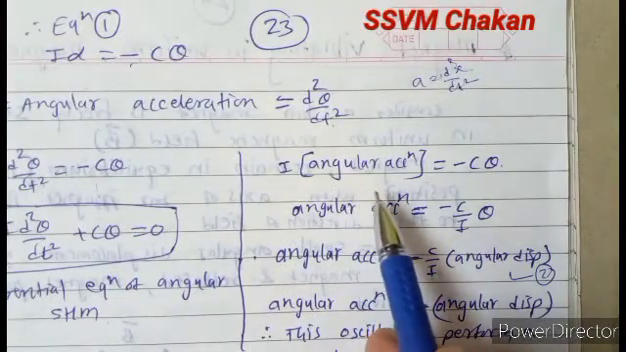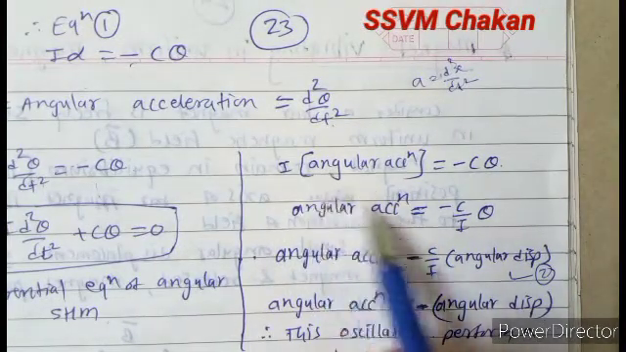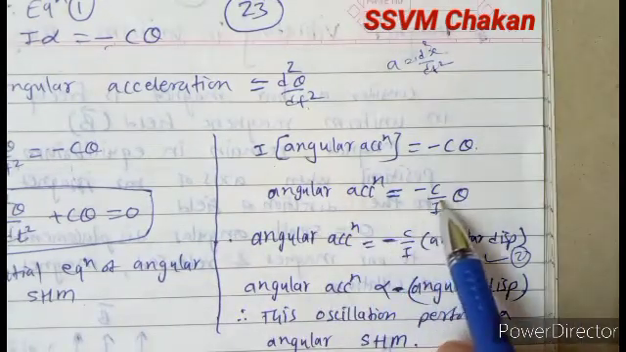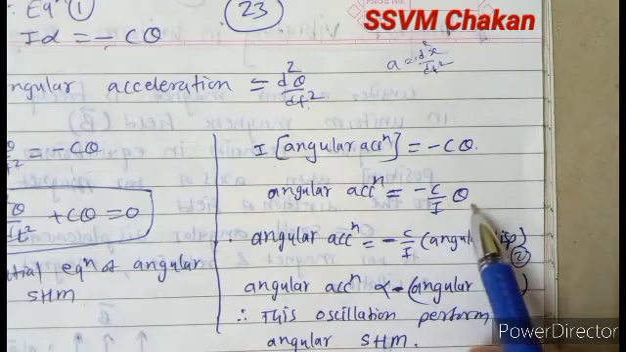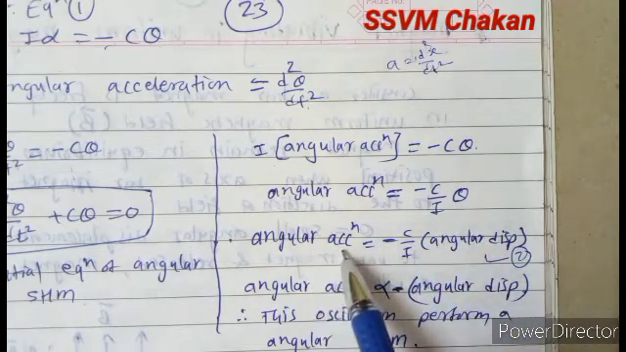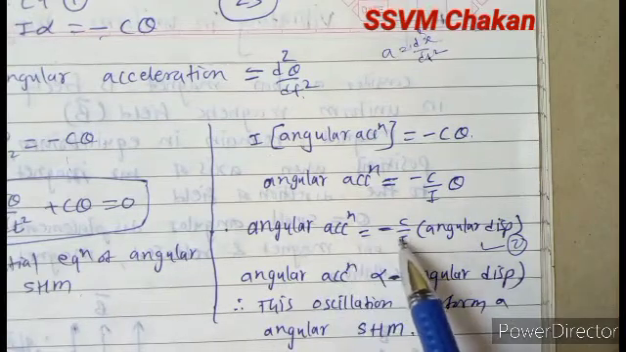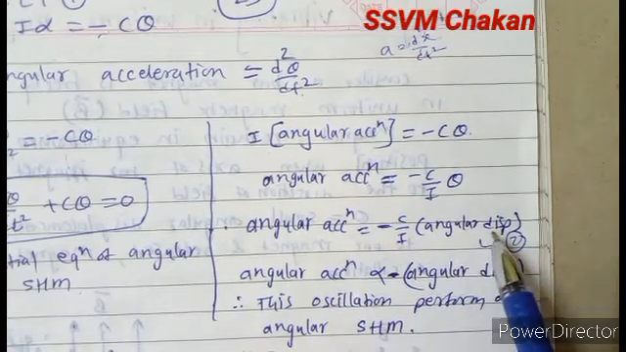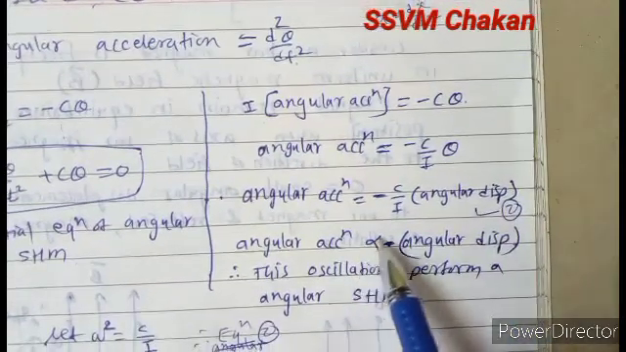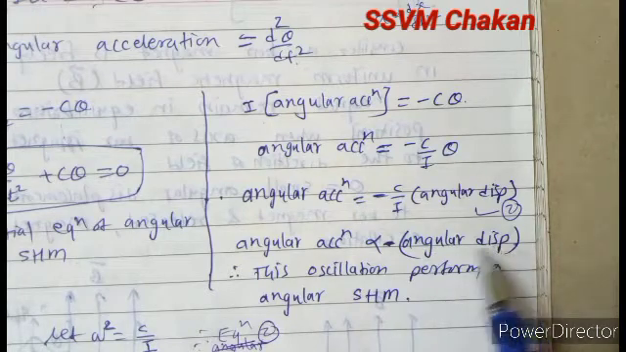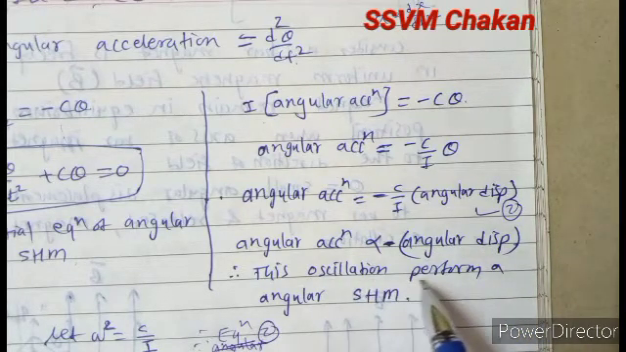Now considering the second part. Shift this I to the RHS. So angular acceleration is equal to minus c divided by I into theta. C and I are constant. So angular acceleration is equal to minus c divided by I, and theta is nothing but angular displacement. So angular acceleration is directly proportional to angular displacement. This oscillation performs